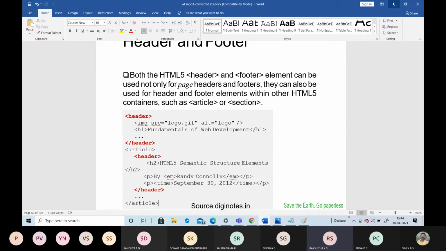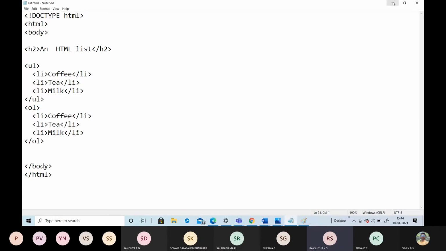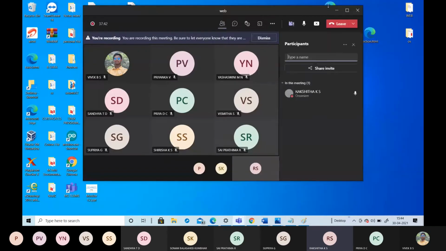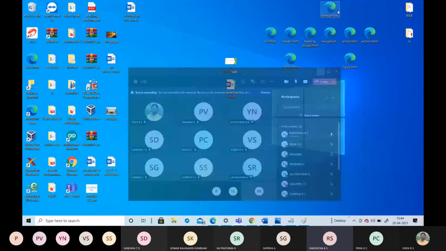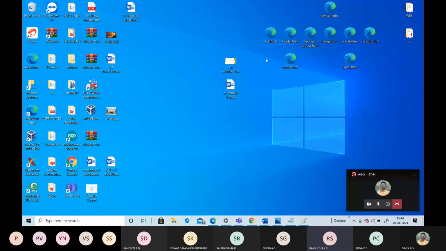I will run the program for the header, header.html.